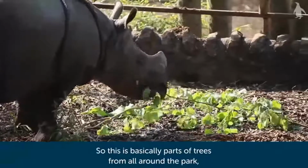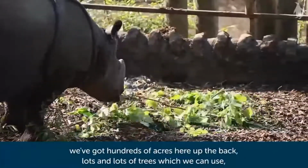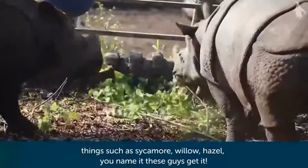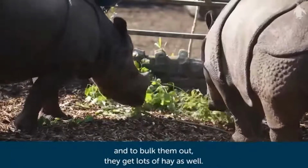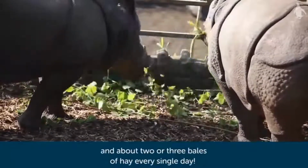So this can basically be parts of trees from all around the park. We've got hundreds of acres here up the back, lots and lots of trees which we can use, and things such as sycamore, willow, hazel, you name it, these guys get it. We also get a little bit of a food reward as well, things such as banana and carrot if we're training them. And to bulk them out, they get lots of hay as well. So these guys can easily eat 2 or 3 bags of pellets and about 2 to 3 bales of hay